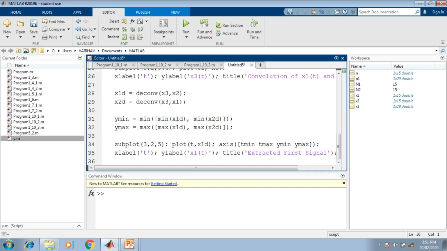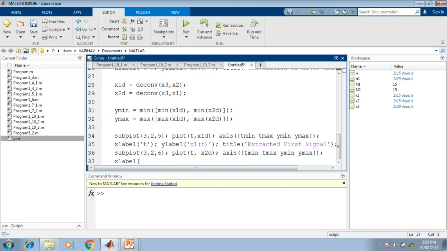So the extracted second signal can also be represented, that is x2d here. So I mention here subplot, the last cell of the subplot 3, 2, 6 here. The use of plot command, the inputs are t, x2d. There will be the use of axis here. So for the axis the specifications are for t minimum, t maximum, y minimum, y maximum here.